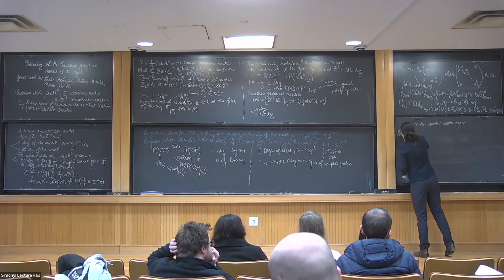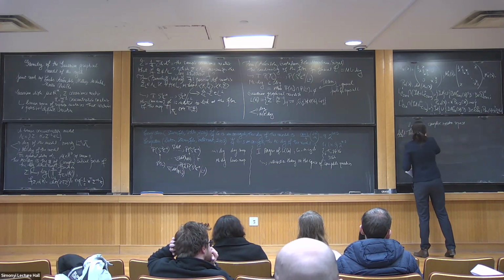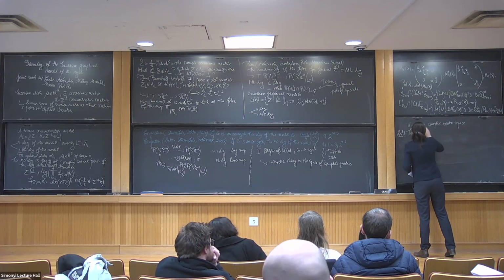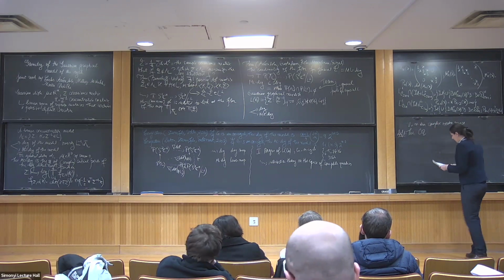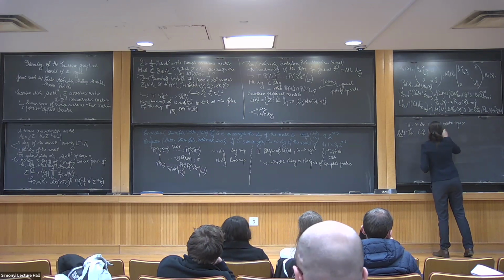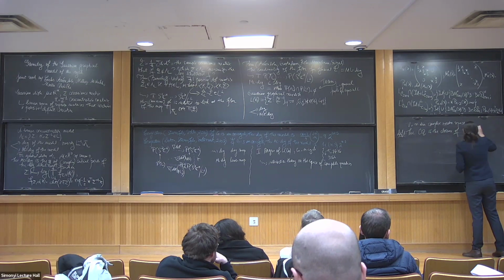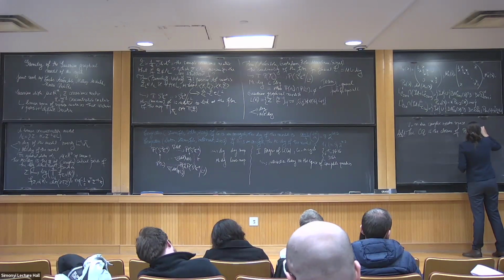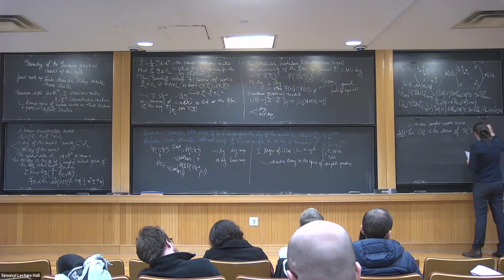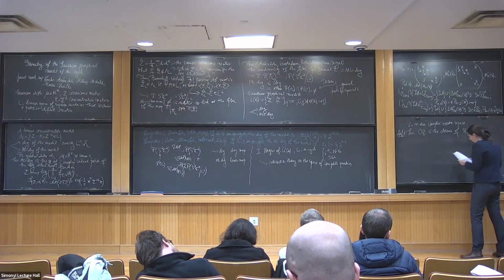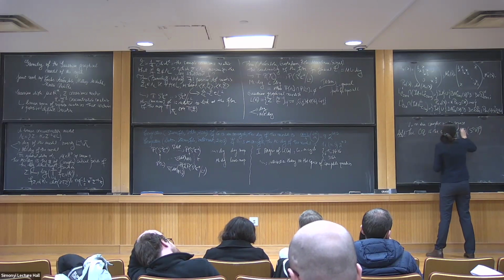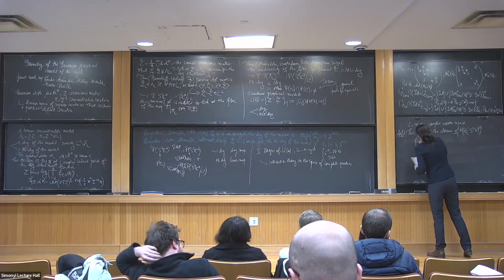But let me write one definition. The space of complete quadrics, and I will just write CQ, is the closure of the space of symmetric regular matrices. And the map phi is given